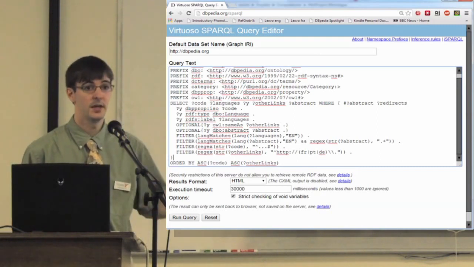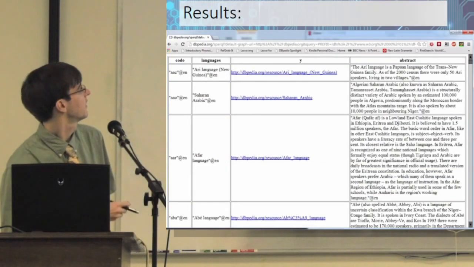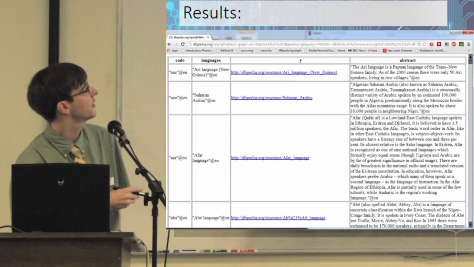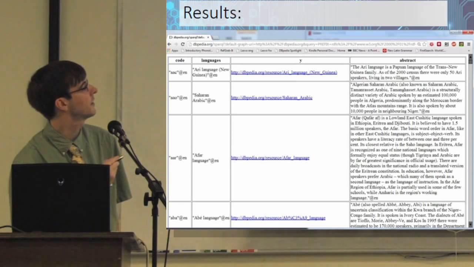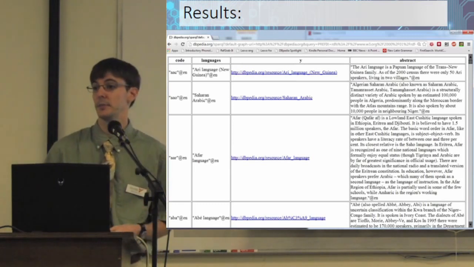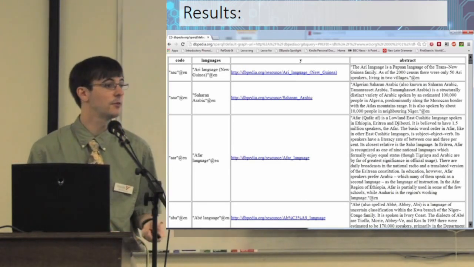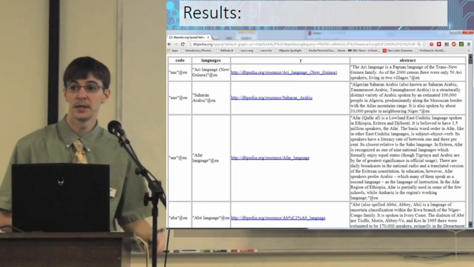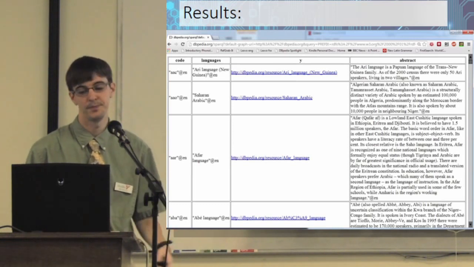So these were the results of that request, and this goes on and on and on for pages and pages. Here's the 3-letter code, here's the language, here's the DBpedia page, and if I cut it off here and put en.wikipedia.org, then I actually would get the Wikipedia page for that language. For example, very often a language may have different names depending on which language you're talking about, or whether it's internal or external. By going through this 3-letter code, I made sure that I found the correct page.